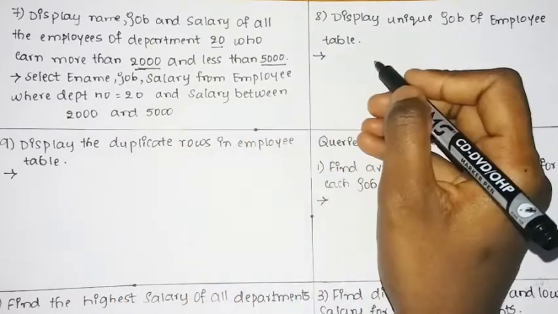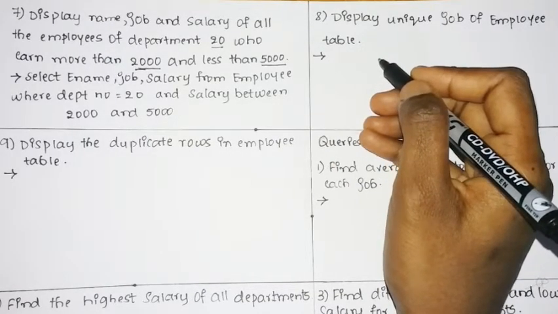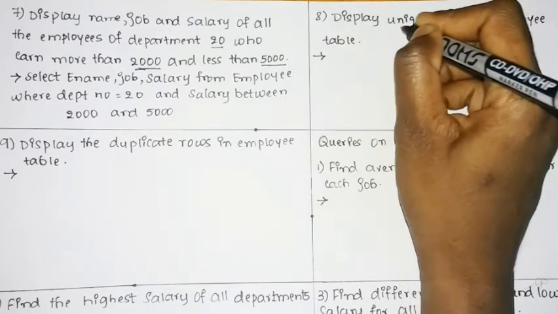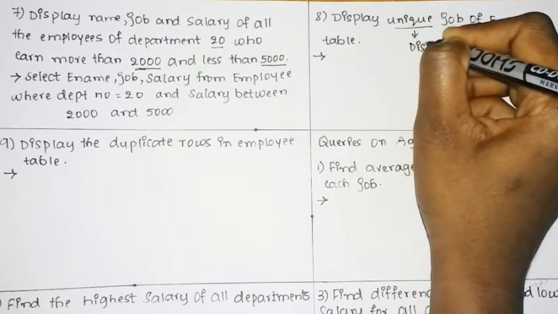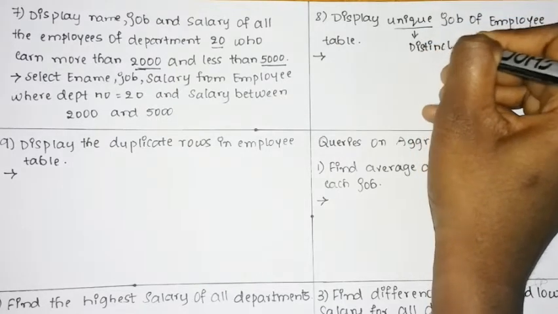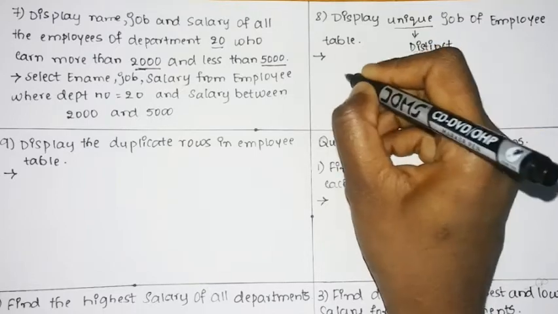Similarly we shall see the next question, that is you need to display the unique job of the employee table. Unique means, as in case of SQL, there is a keyword that is distinct. So you need to use a distinct. This is a simple query: you need to display the unique job of the employee table, that is you need to select